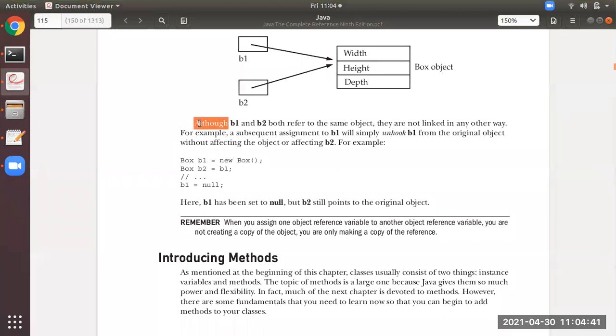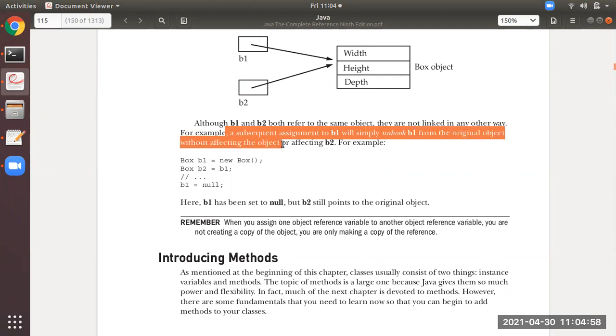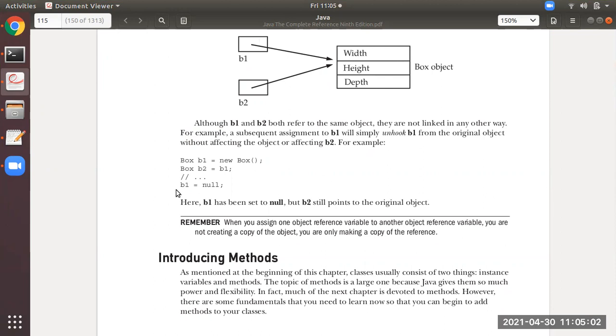Now, as you can see over here, although b1 and b2 both refer to the same object from this diagram, they are not linked in any other way. That is, a subsequent assignment to b1 will simply unhook b1 from the original object without affecting the object or b2. Like for example, if you write like this,